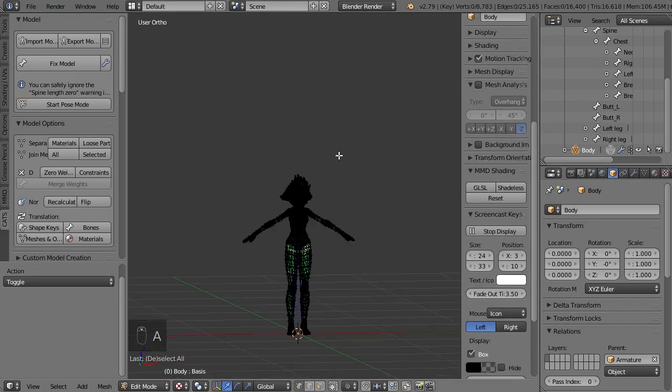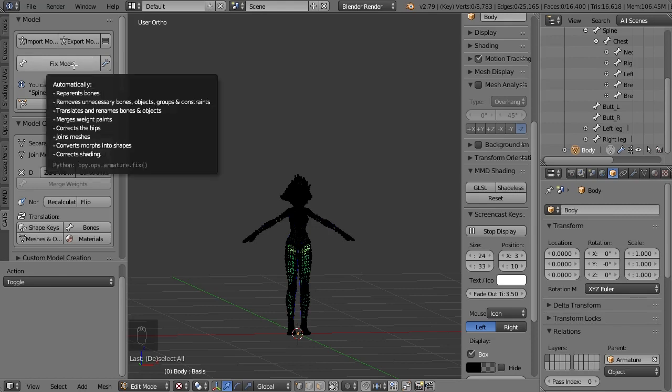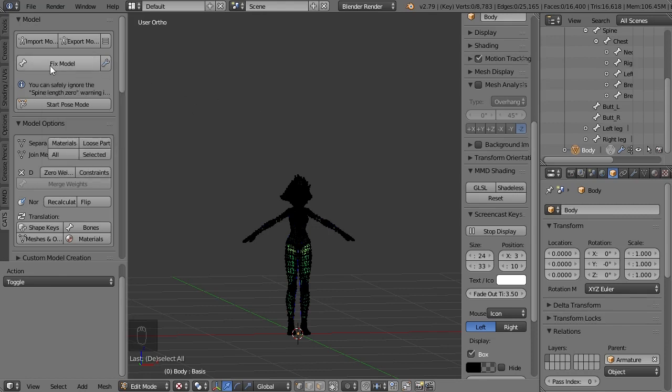All right, so next we're going to get into pose. Oh, actually, before I talk about that, you might want to apply the full body fix if you haven't already. So in order to do that, you'd go under this fix model thing. There's the settings wrench, and you can put the checkbox in apply full body tracking fix. So if you check that and then press fix model, I'm not going to press it because I already did that, but what it will do is